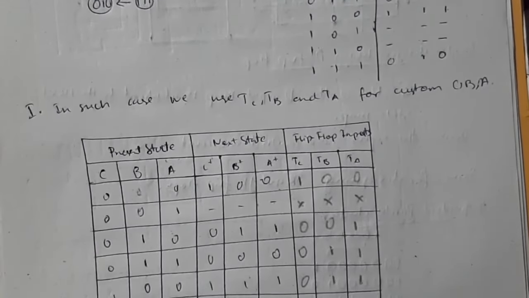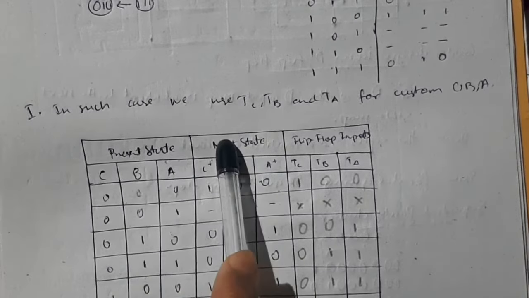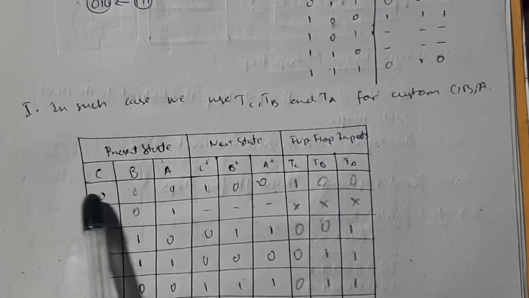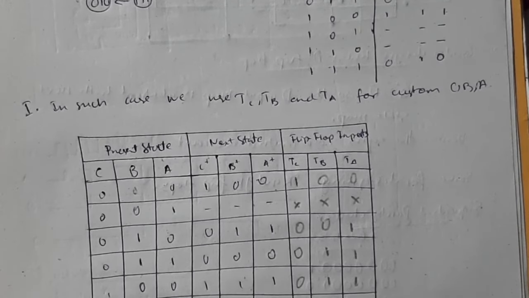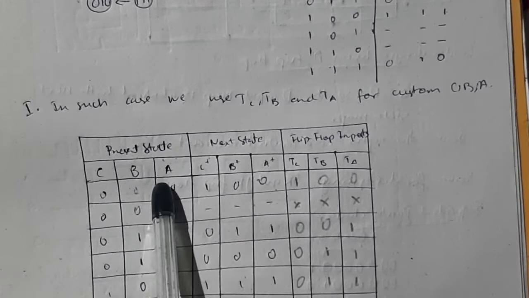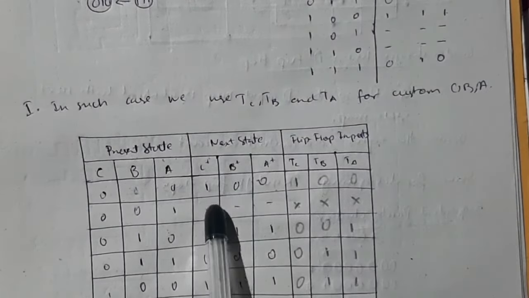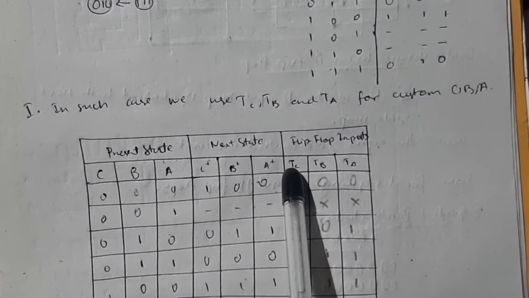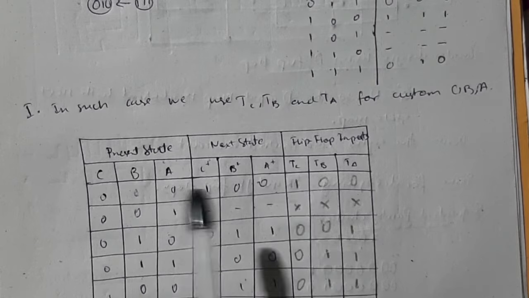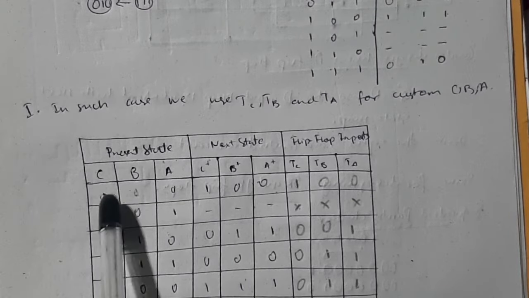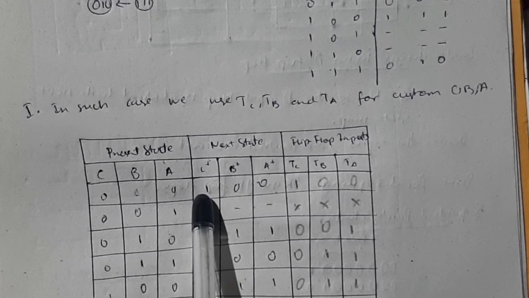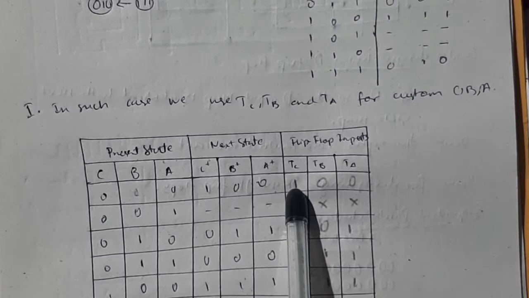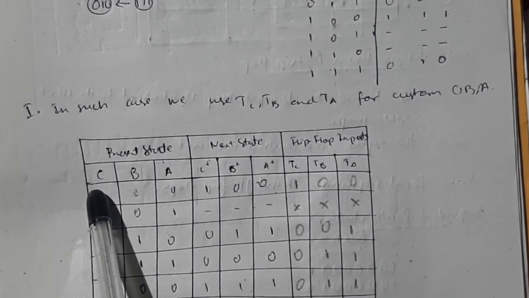In the second step, what you need to do, write here first present state, next state, and flip-flop inputs. Okay, now in present state what you need to write, 0 0 0, all those till 7. Then in next state, what comes after 0, 1, 0, 0, this same thing which you made here, copy paste here. Okay, then flip-flop inputs, you know, toggle flip-flop, what it does, if it is 1 it will toggle the values, like C is 0 here and C plus is 1, so it toggles the value, means that T flip-flop is 1, that's why only the changes happened here.